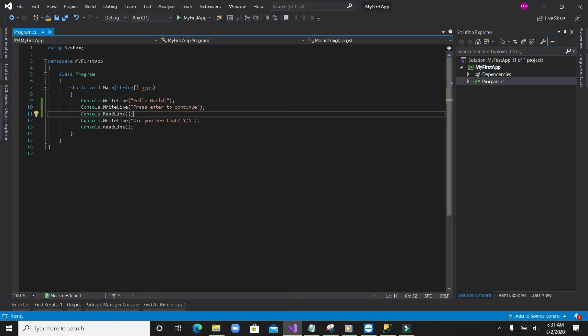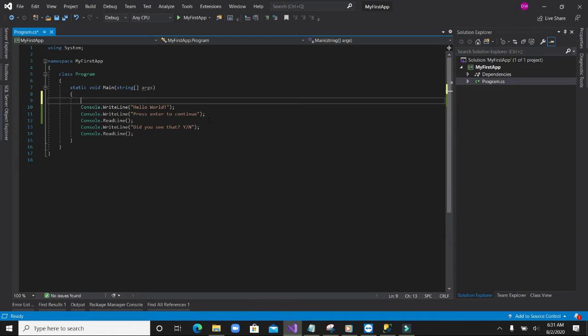For instance, I have this hello world and I want to store it and refer to it later. So I can come up with a variable that will store this value hello world,